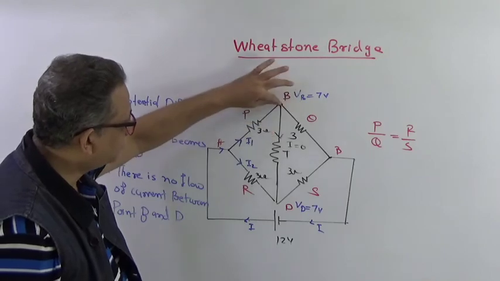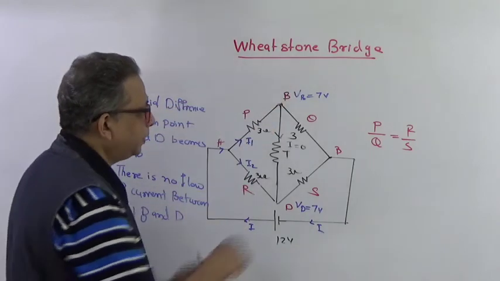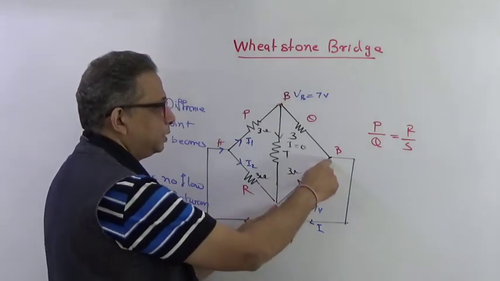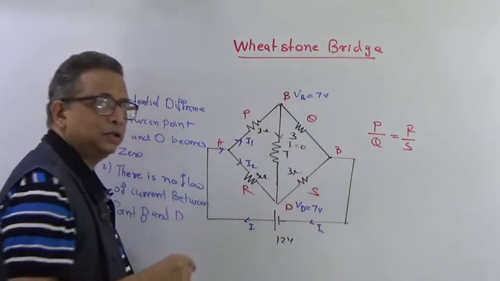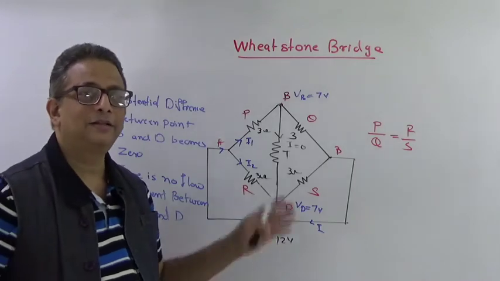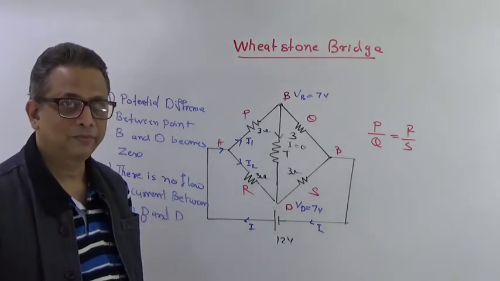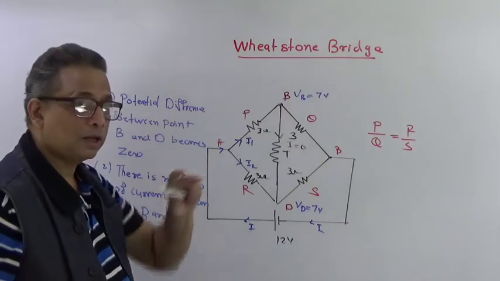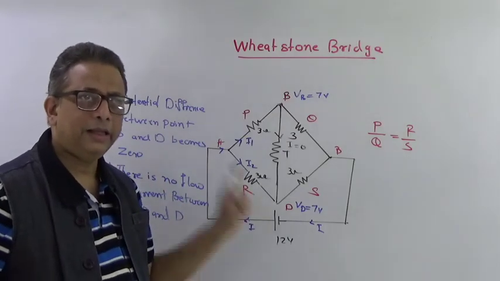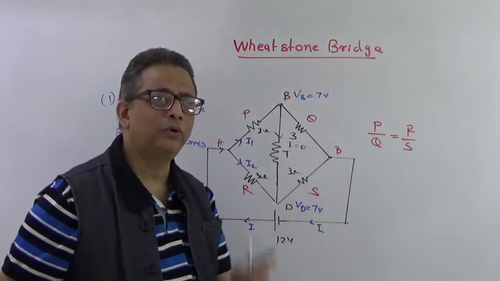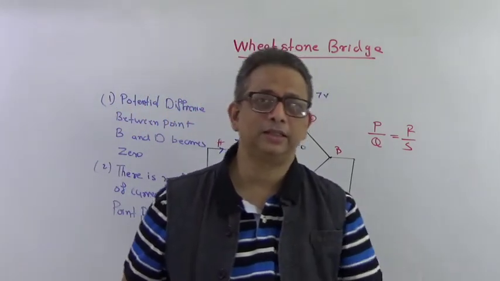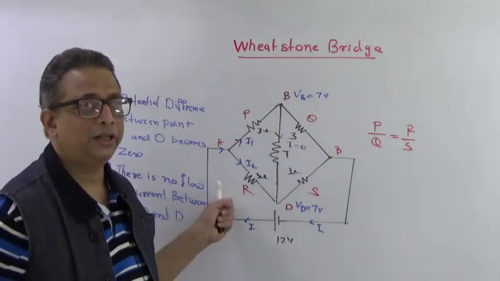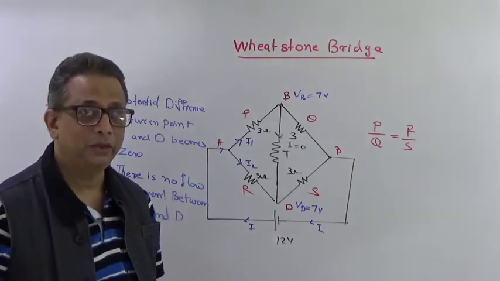Next, can I consider these 2 resistors in parallel? No. One of these nodes is joined, but between the other 2 nodes there is one resistance in between. If this was joined directly, then I would have considered these 2 resistances as parallel resistance, but that is not the case here. So these 2 resistances are also not in parallel. Here in this diagram, if you have to reduce it using the methods of resistors in series and parallel, this configuration cannot be reduced.